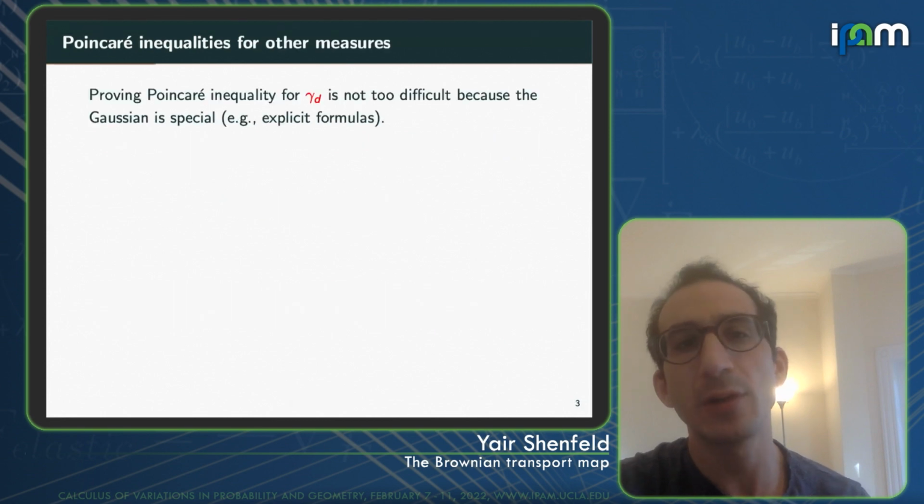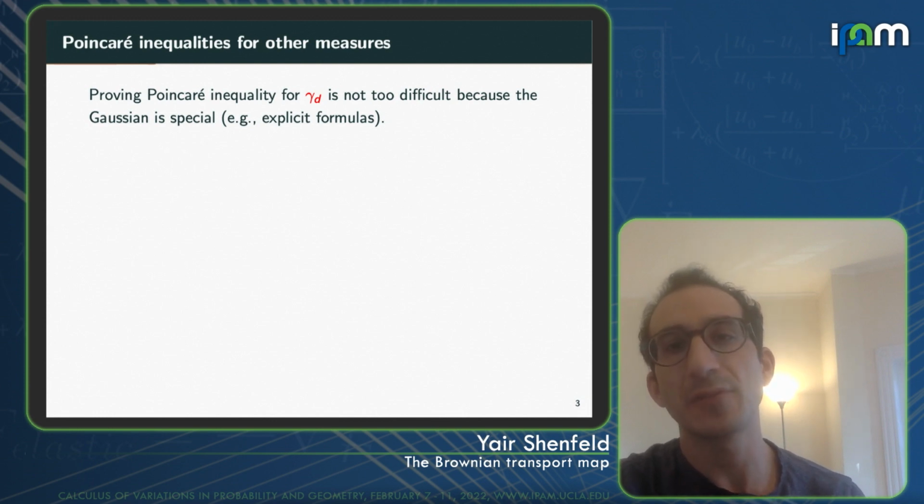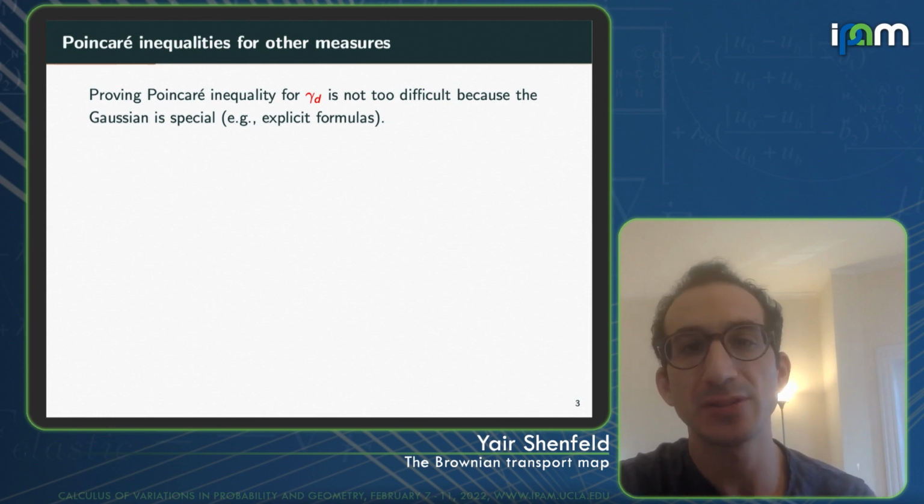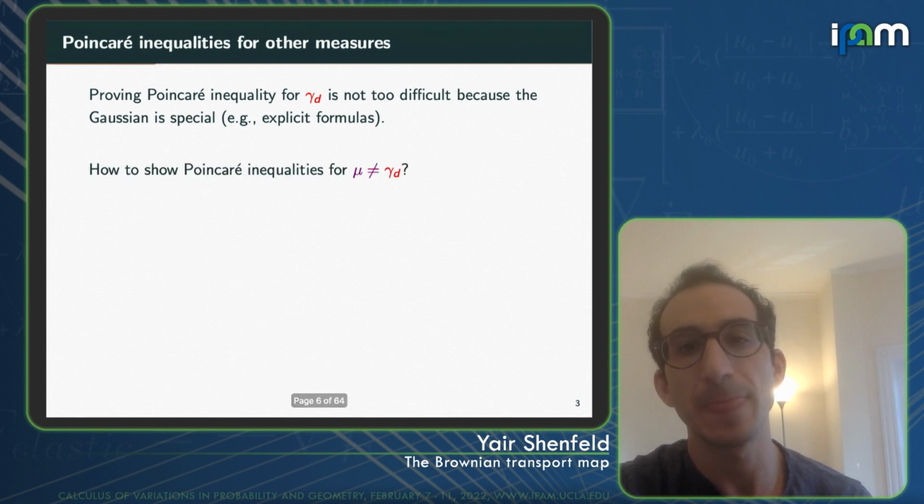What about the Poincare inequalities for other measures? The Gaussian is, of course, very special. For example, there are a lot of explicit formulas that one could write, so proving the Poincare inequality for the Gaussian is not so difficult. But other measures that do not have all these special structures could, of course, be more difficult. So the question that we'd like to think about is how to show Poincare inequalities for measures